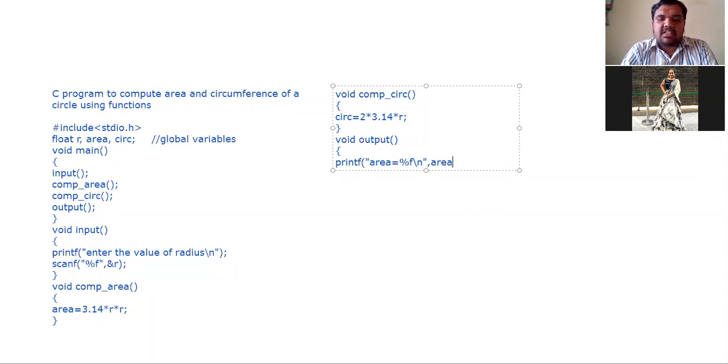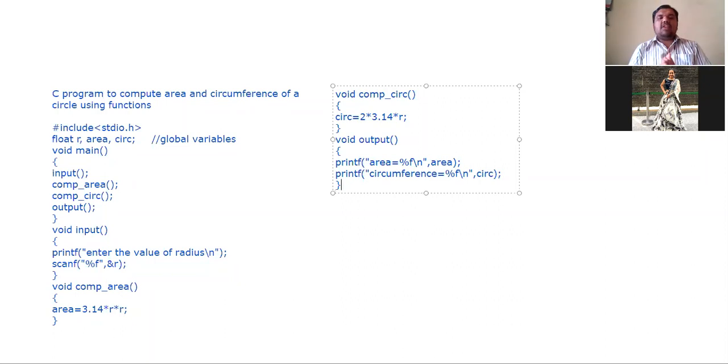In the variable called area. That's all. Next one, at the last, printf circumference is equals to %f, comma, circumference. That's all. So this is how the program for finding out the area and circumference of a circle using functions can be written.